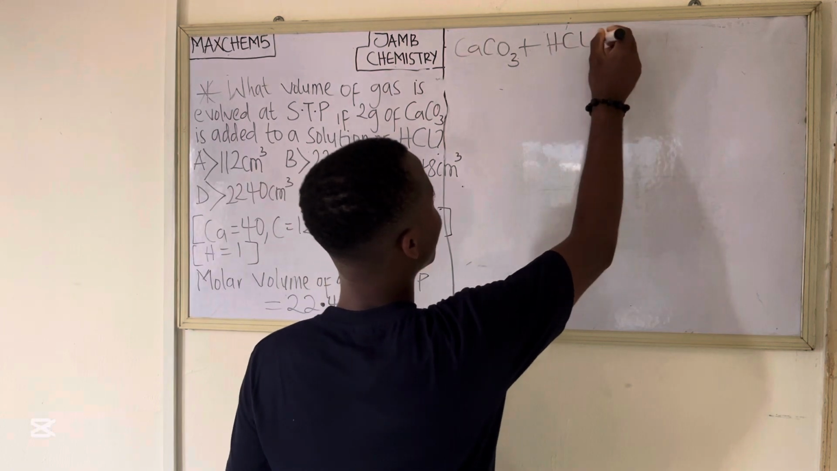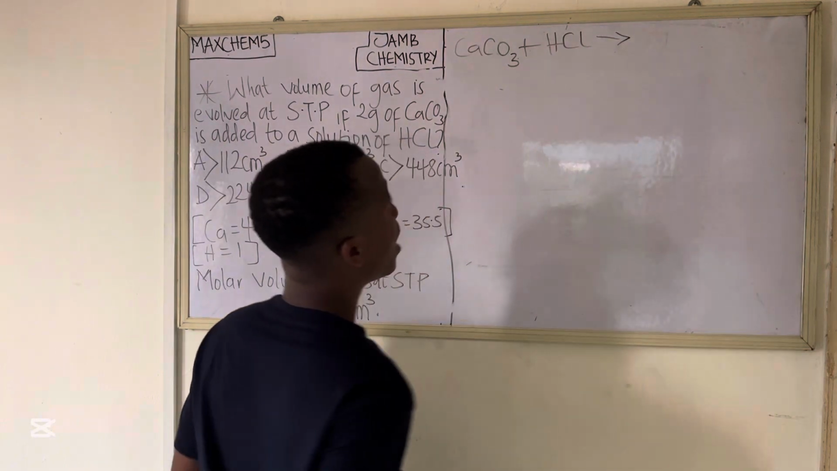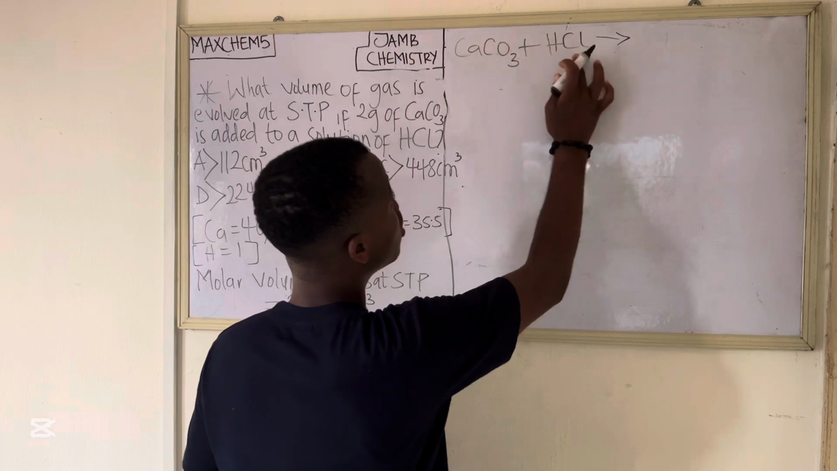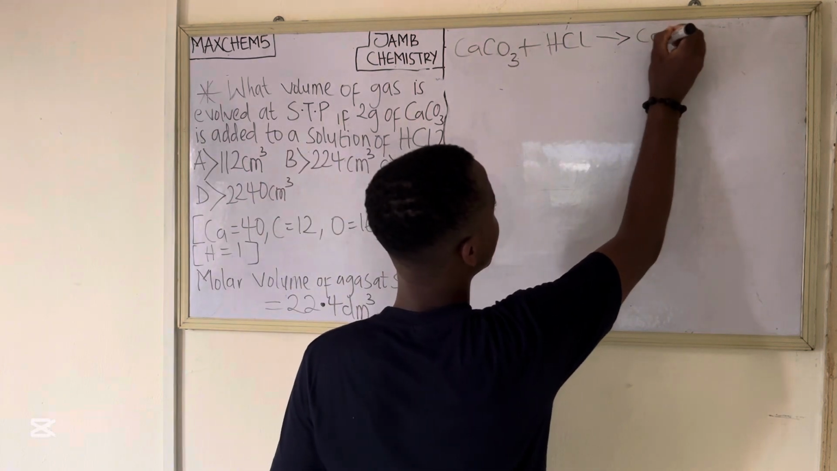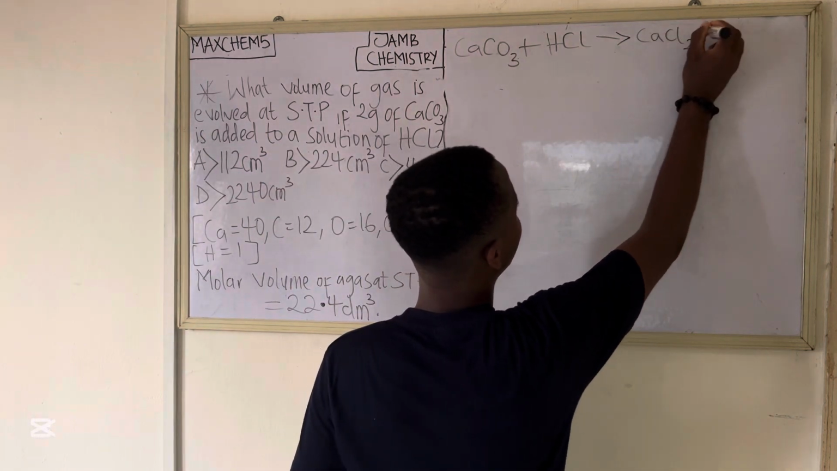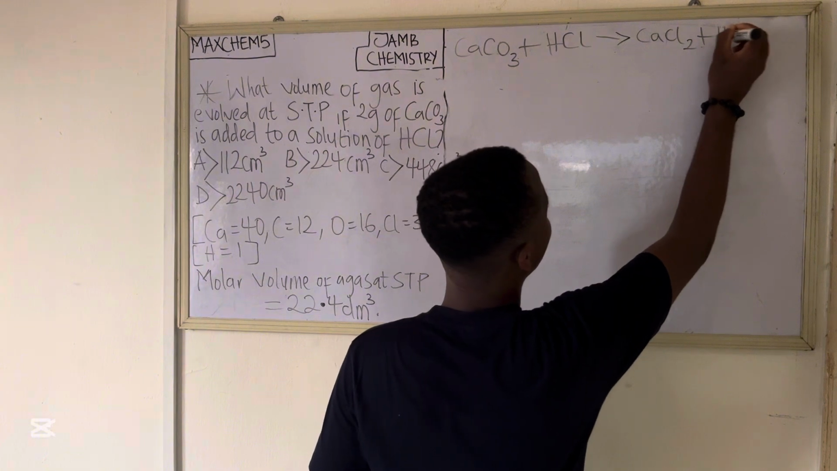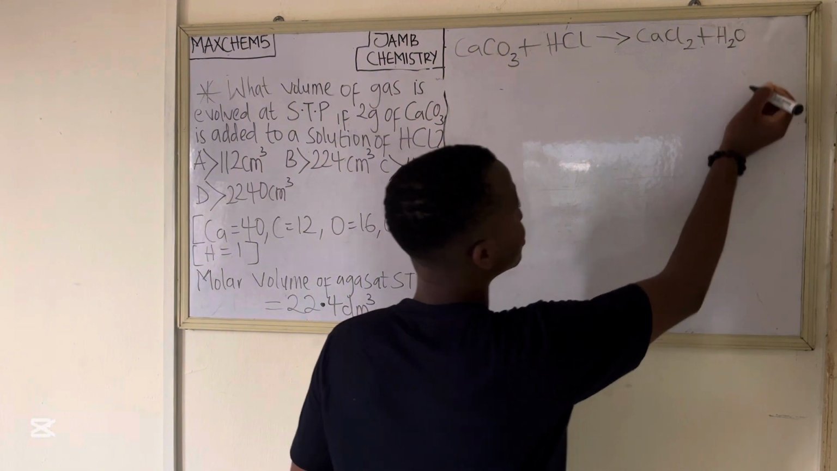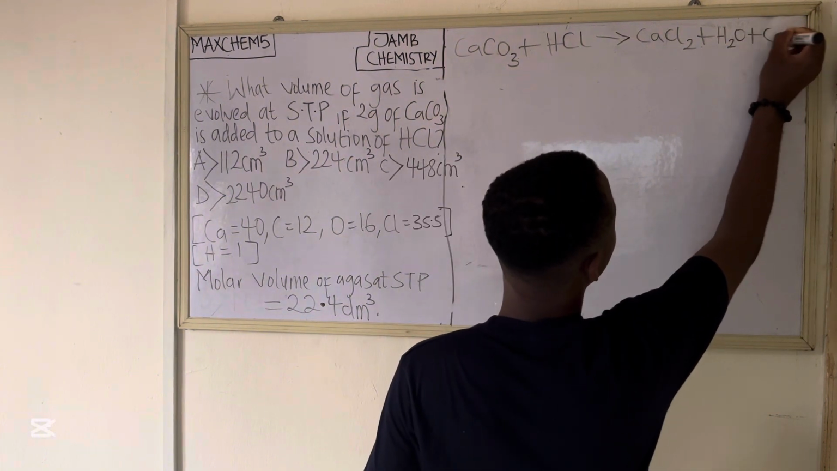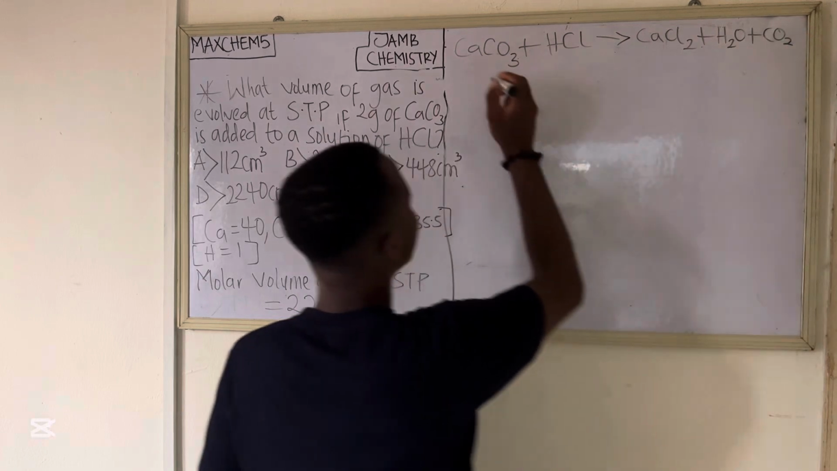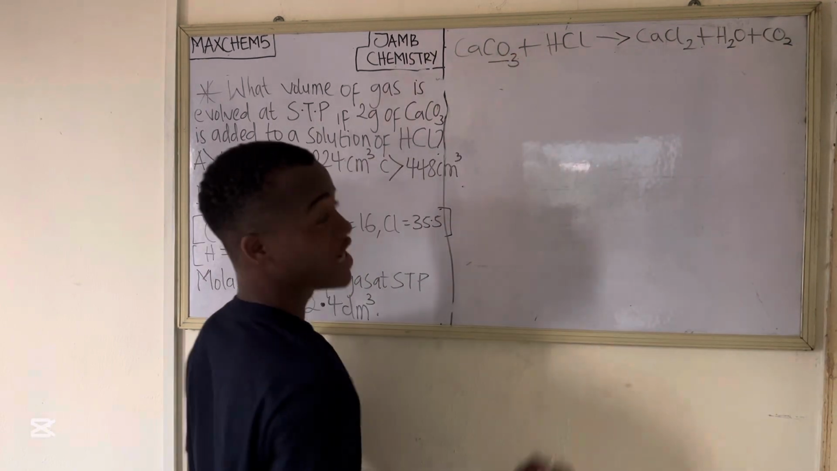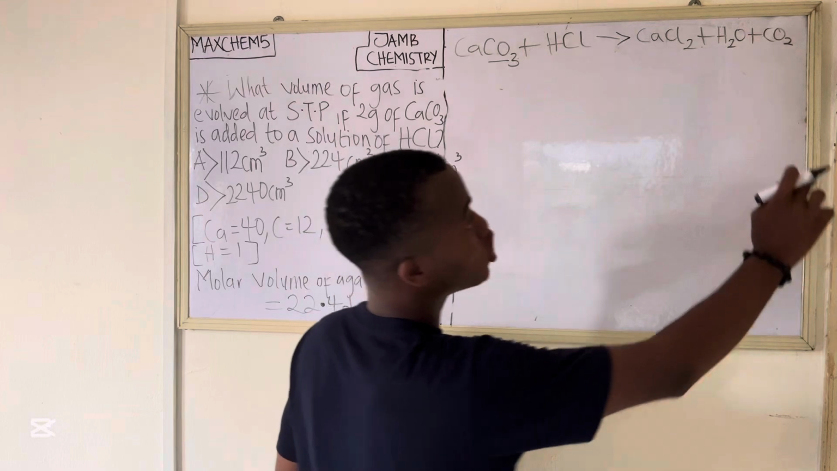If these two things react, what will be our product? Our product is going to be calcium chloride, which is CaCl2, plus H2O, and there's still one more thing, a gas, and that gas is CO2. You should always note that anytime a carbonate reacts with an acid, there will always be an evolution of CO2